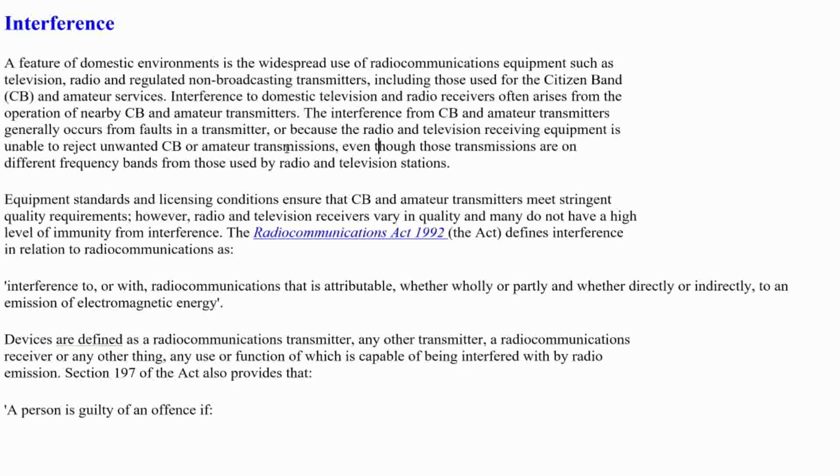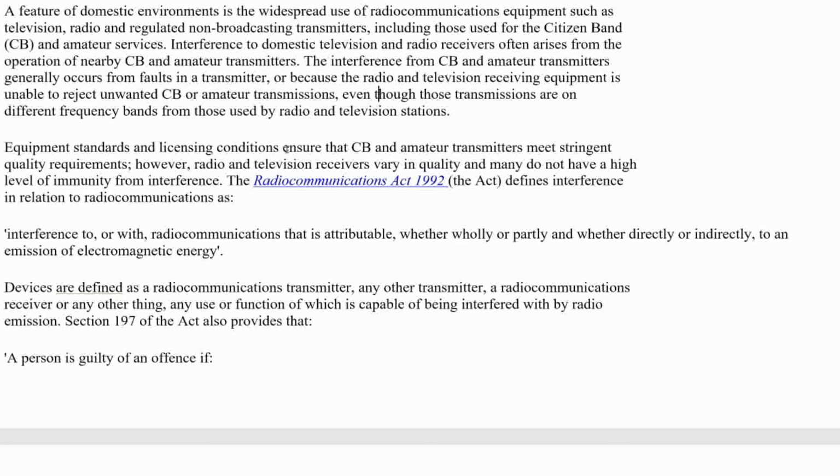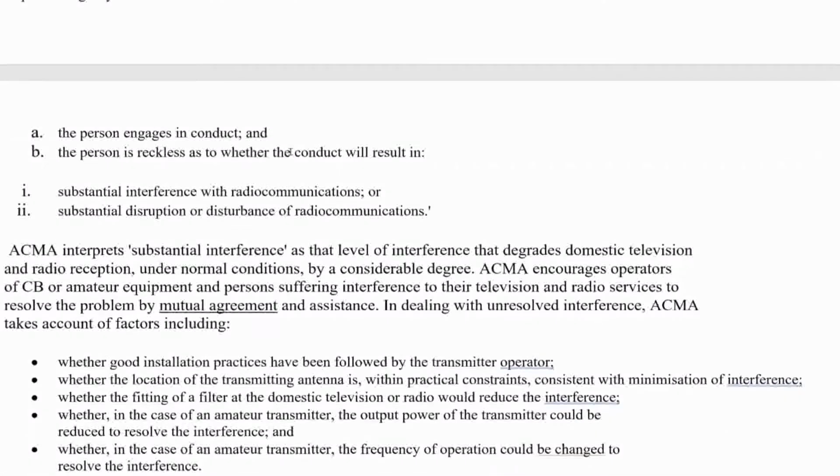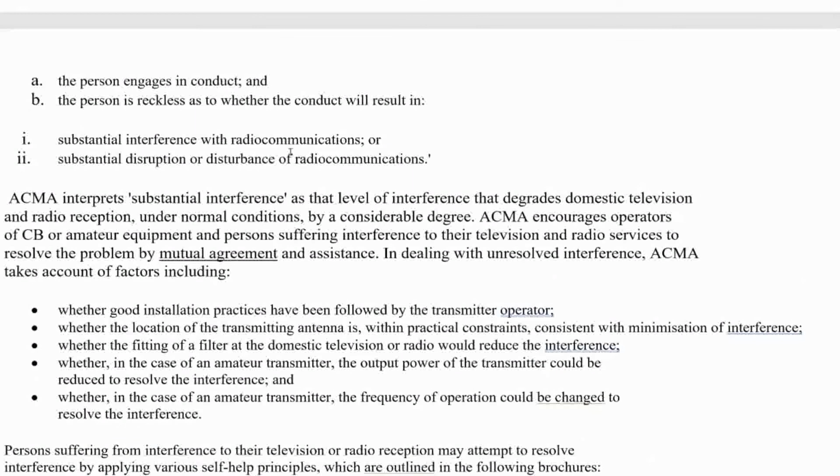There are exceptions in weak TV signal areas where people have very high masts on their antennas because they've got a weak signal, and sometimes they have an amplifier connected to that mast. That's called a masthead amplifier. These can be overloaded by amateur transmissions and cause problems, but it's fairly rare today. The rest of this paragraph talks about deliberate interference. I'll just leave it on screen because I'll tell you what you can be examined on.